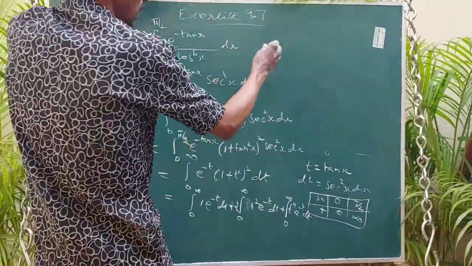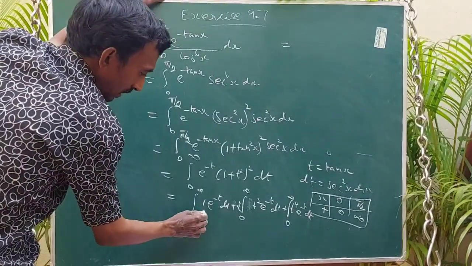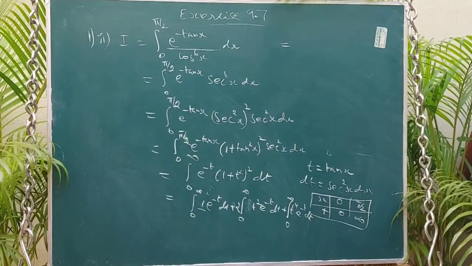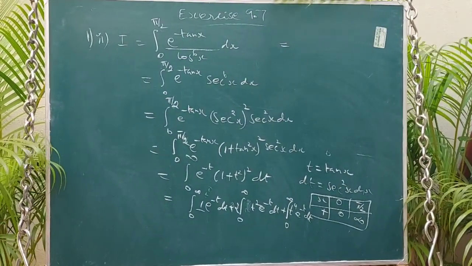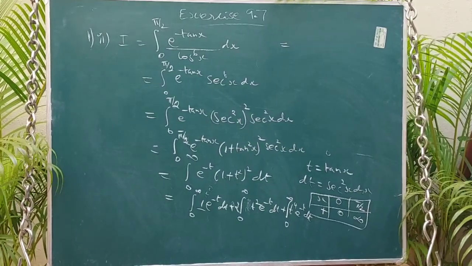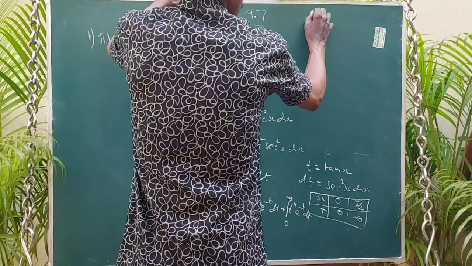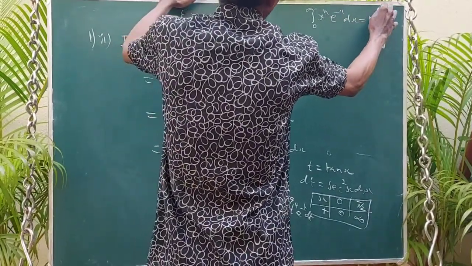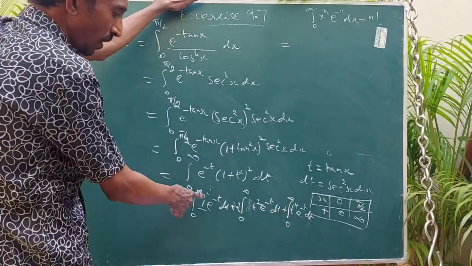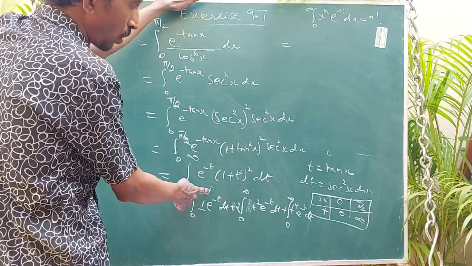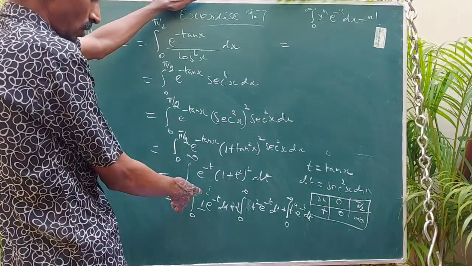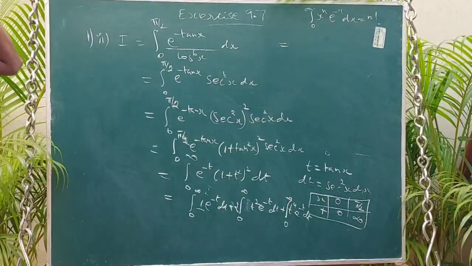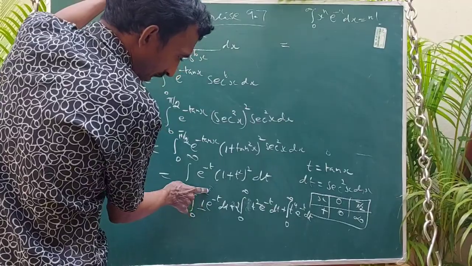So 3 integrals. The first one can be written as t power 0, if you want. Just now we have the formula: integral 0 to infinity x power n into e power minus x dx equal to n factorial. Use this formula for all the three. Here n equal to 0, so for the first one we get 0 factorial. The first one, 1, can be written as t power 0.